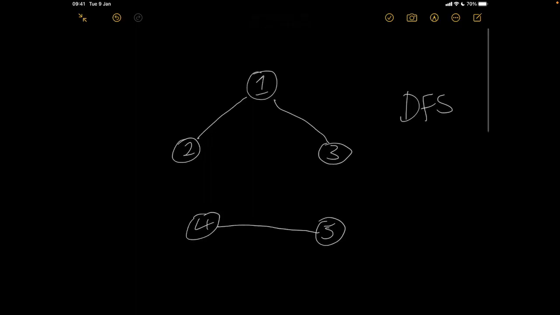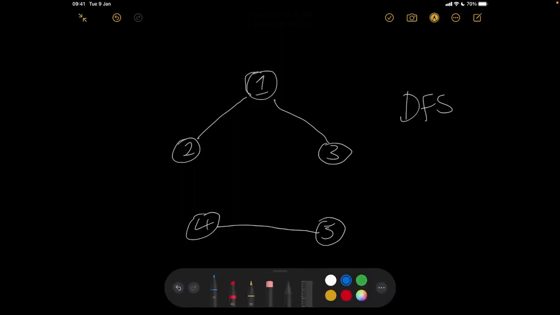So we start from 1, we're going to go all the way to 5. All right, so 1 is unvisited, so we explore this with depth first search. So we give it a group. Let me use a different color. So we give it the group 1. Okay, then we look at the children. So let's say we go to 2. All right, the previous node has a group of 1, so we're going to give this a group of 2. All right, so we are done with this. 2 doesn't have any children, so we go to the next child of 1, which is 3. We do the same. The previous node has the group 1, so we're also going to give this 2.